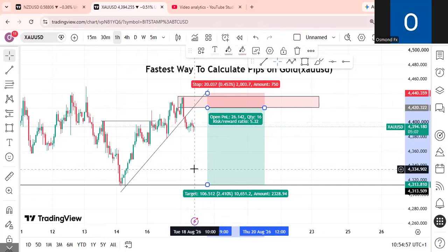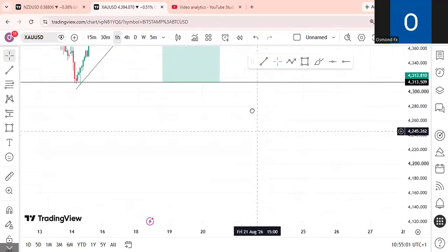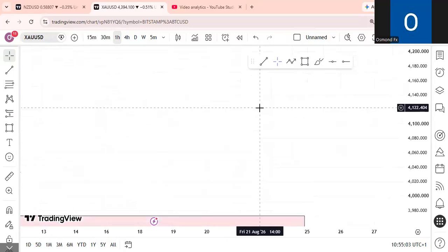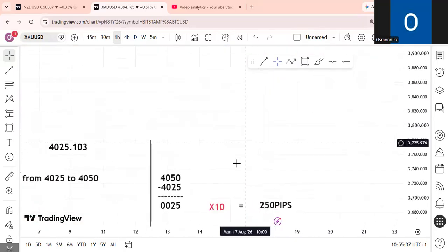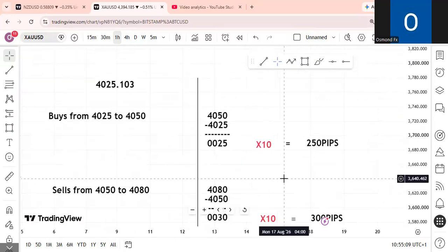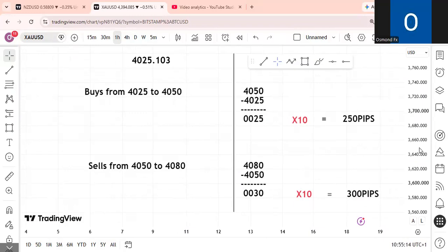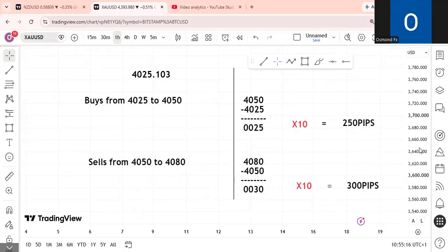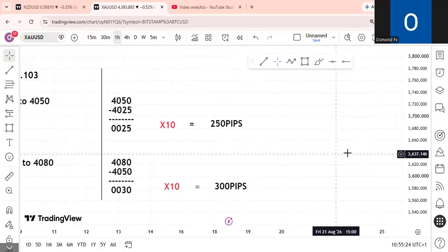Then a lot of people ask me, how do I calculate it in pips? What preferred lot size should I use for my trading? Because most of you don't really know the lot size calculation when it comes to dollars, like comparing the lot size to dollars. Okay. So guys,